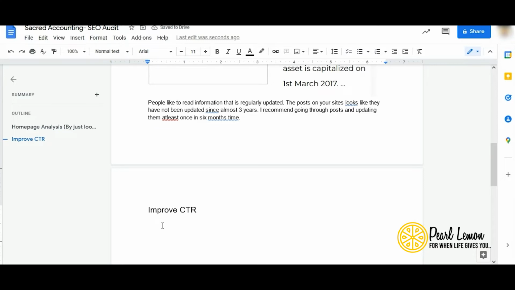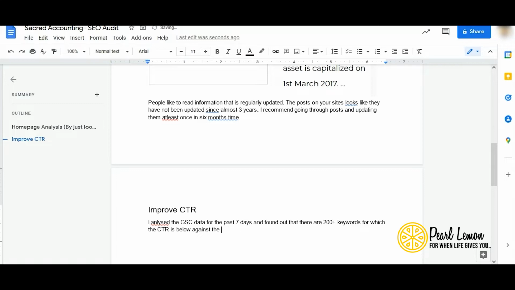And we can say, I analyzed the GSC data for the past 7 days and found out that there are 200 plus keywords for which the CTR is below the normal benchmarks,